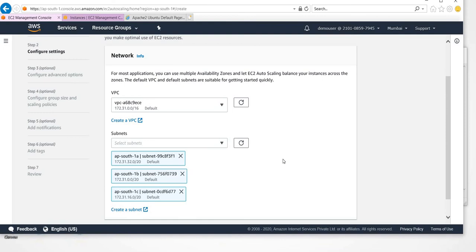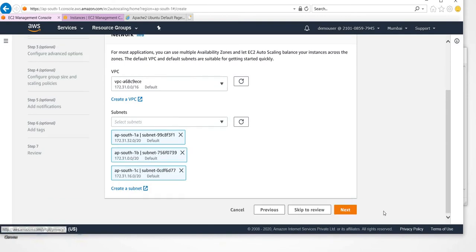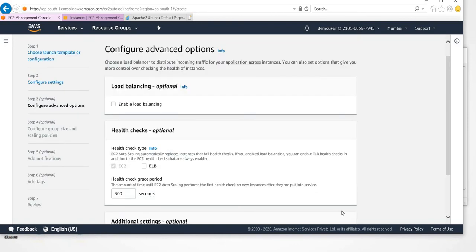So now I have instructed it to create new EC2 instances in either 1A, 1B or 1C. So it will be application specific. AWS will take care of staggering the EC2 instances across these three availability zones. The first instance may get created in 1A, then the second in 1C, and then the third in 1B. So like that it will do the load balancing. So this is on the VPC front, what the configurations are.